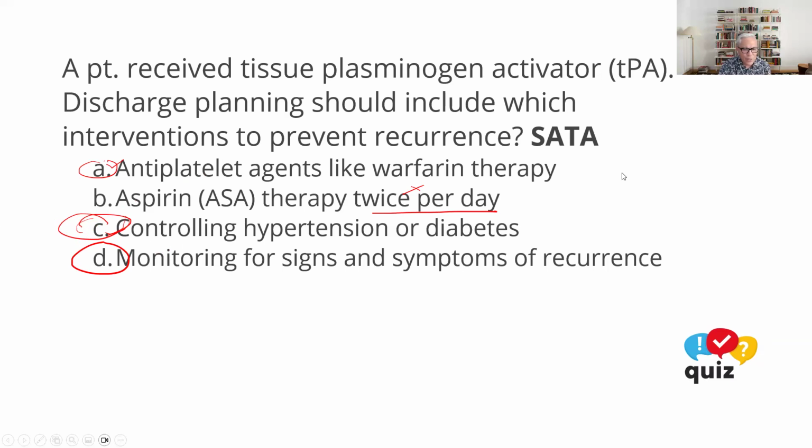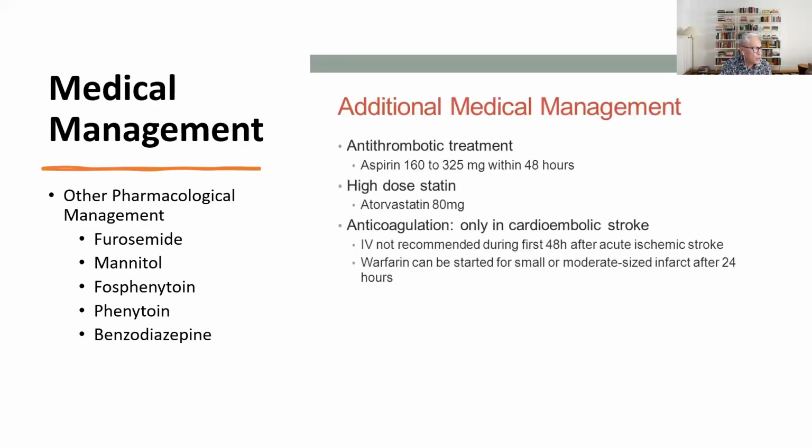Excellent. All right, so let's now go to the medical management, further medical management other than TPA for patients who have had stroke. What are some of the other medications that we can anticipate for the patient to be receiving? Well, furosemide or diuretics are usually given in patients who have stroke in order to decrease the possibility of an increased intracranial pressure. And the danger of increased intracranial pressure is going to be herniation. And so herniation is when